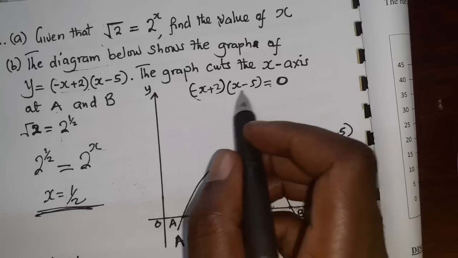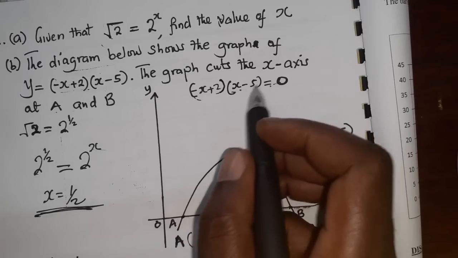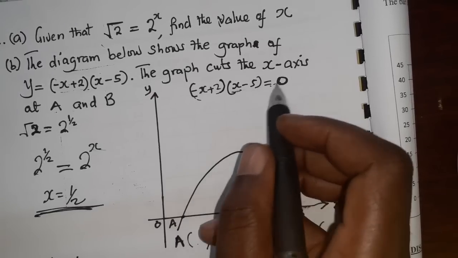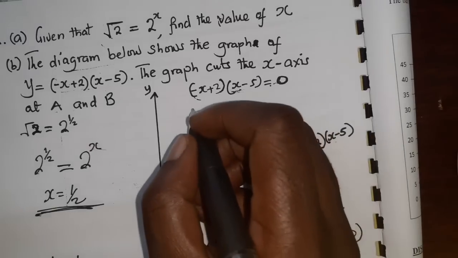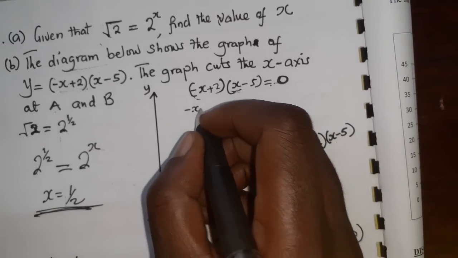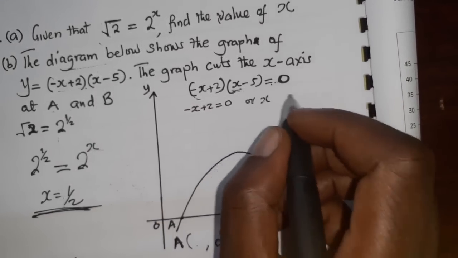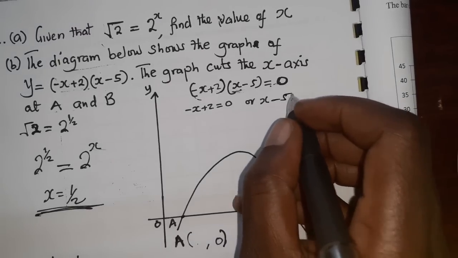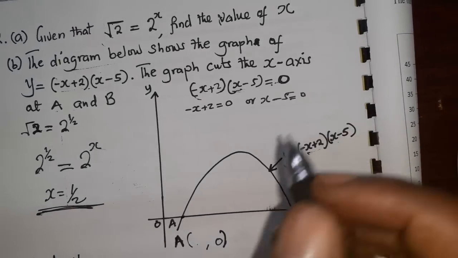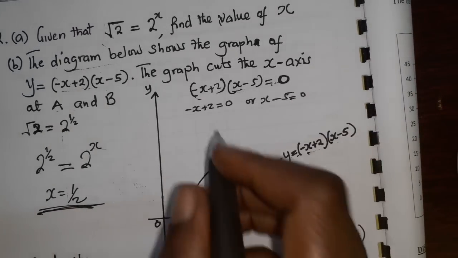So you need to equate each of these factors to 0. So we're going to start with negative x plus 2 is equal to 0, or this one is equal to 0. Okay? So when you solve this,